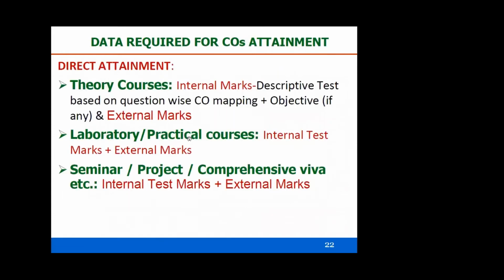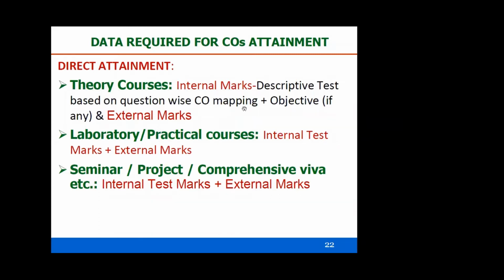Okay, now after defining all this, what do we have to do? Collect the data required for computation of course outcomes attainment. For theory courses, internal marks are required. If the question paper is a descriptive test, we need question-wise CO mapping. In our last session, I demonstrated question mapping with CO, PO, PSO. That CO mapping is now used here for the direct attainment of course outcomes. So for theory course internal marks with a descriptive test,